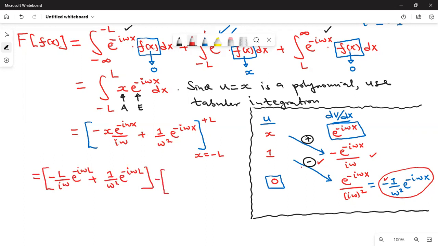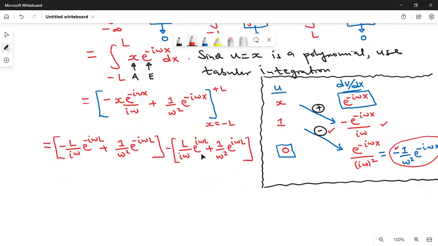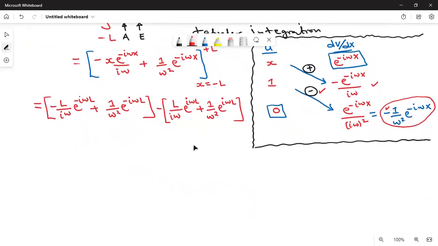Now x is negative L, so that will give us L over i omega exponential i omega L, because x is negative, so it will cancel with the other negative, then plus 1 over omega squared exponential i omega L. So how else can we write this? This can be written as,